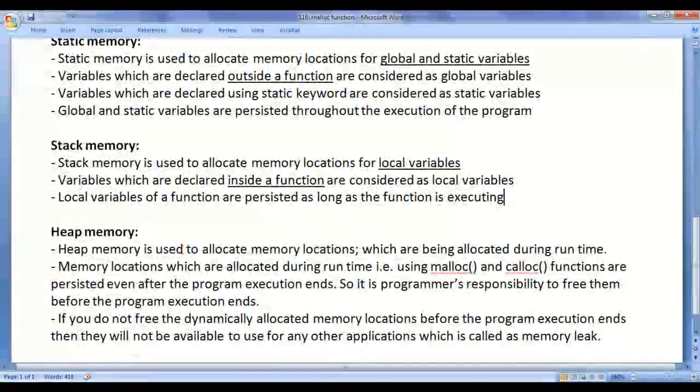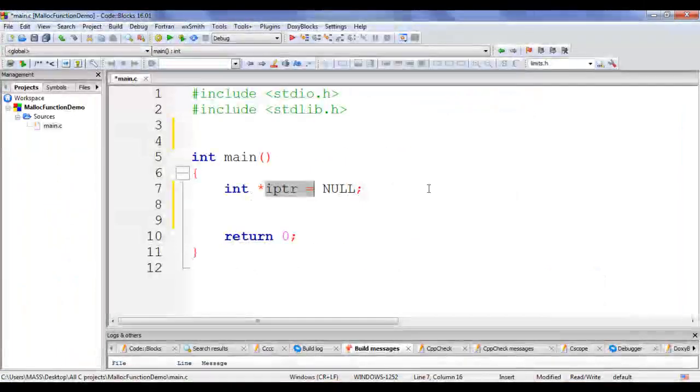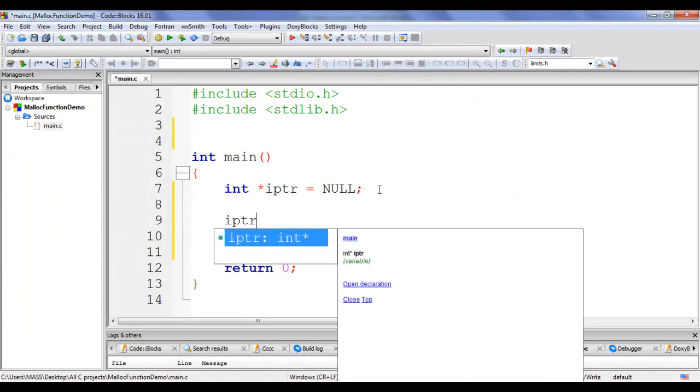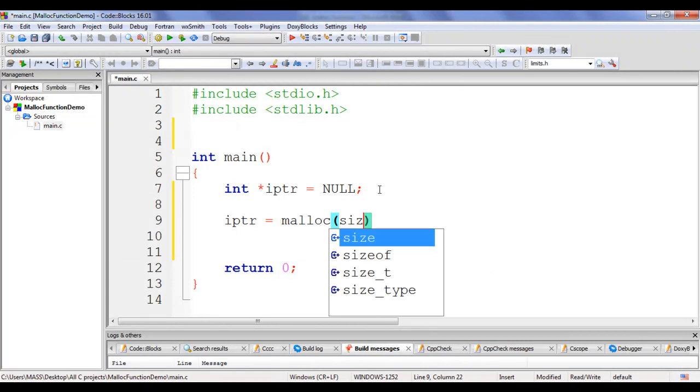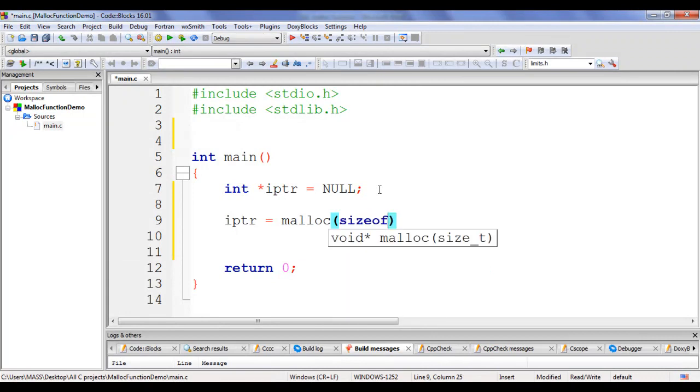Next we have heap memory. Heap memory is used to allocate memory locations which are allocated during runtime. Heap memory is used for memory locations allocated using the malloc and calloc functions. Let me go to the code block. I say here iptr is equal to, I call the malloc function, I pass size of int to it, then a semicolon.